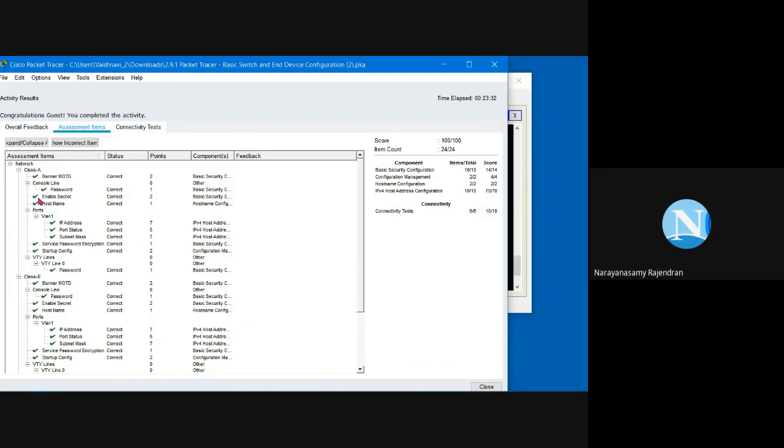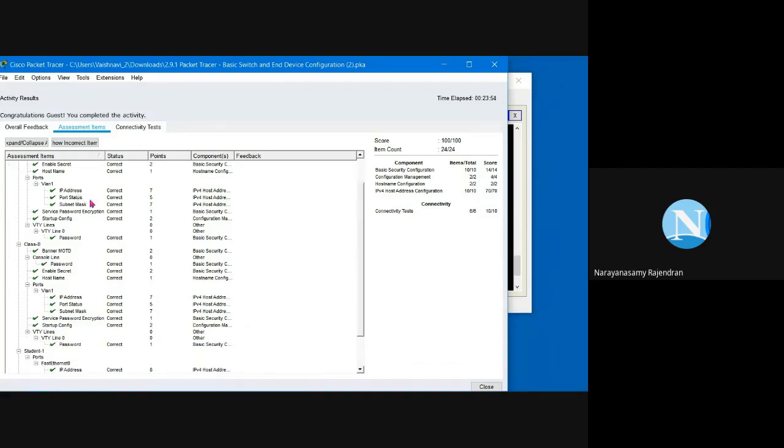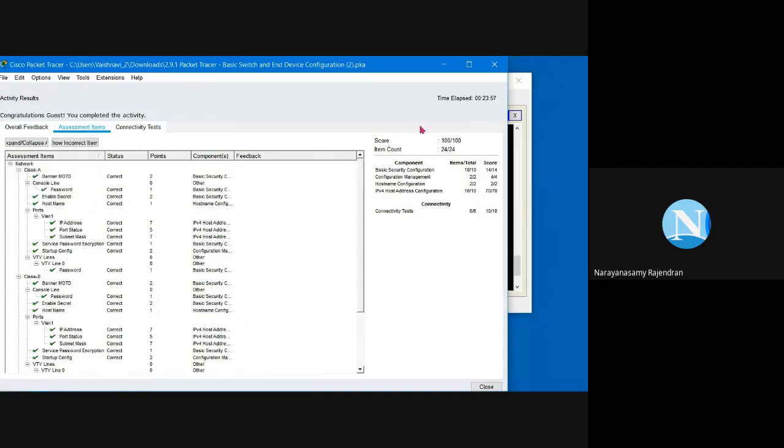So you can easily find out: the green tick mark means correct, and the red cross mark like X means that is not correct. That is the mistake you have made. So you have to see what the mistake is. If it is a mistake, again you have to execute the command to rectify it. Are you clear? So this you have to do. Okay, that's it.